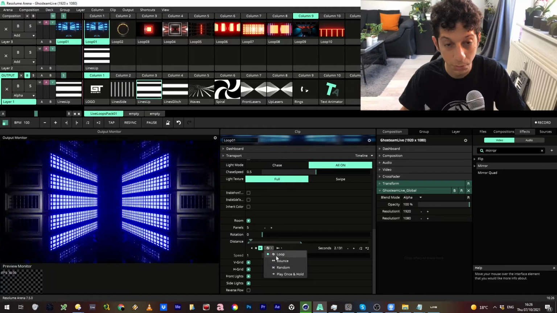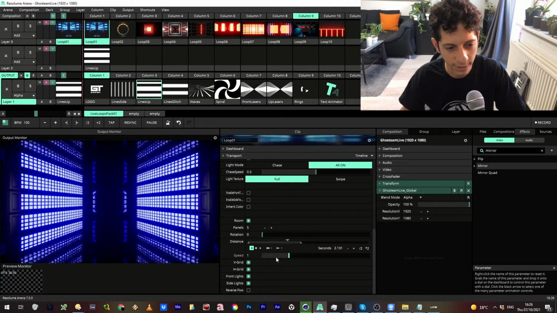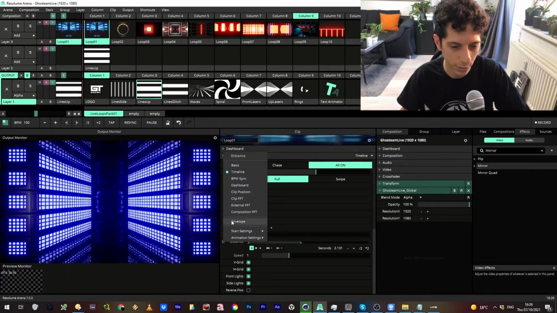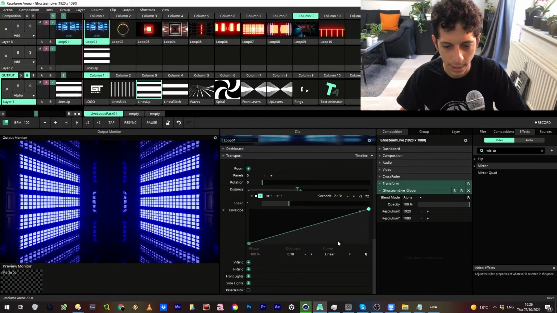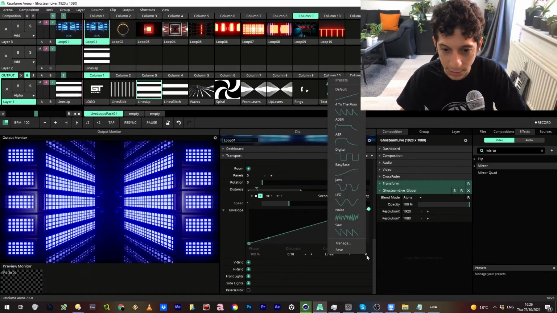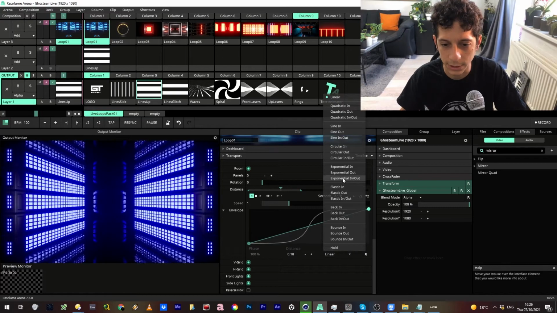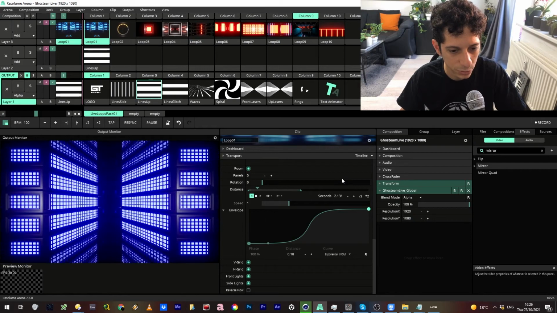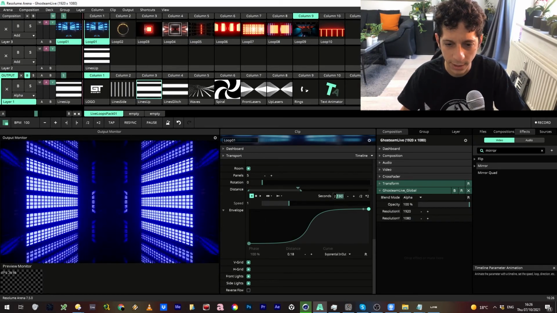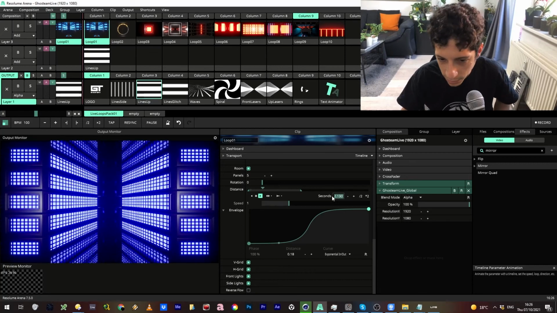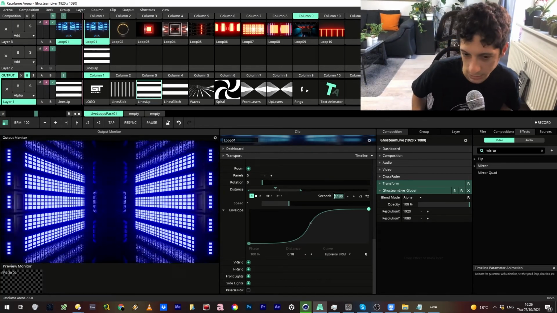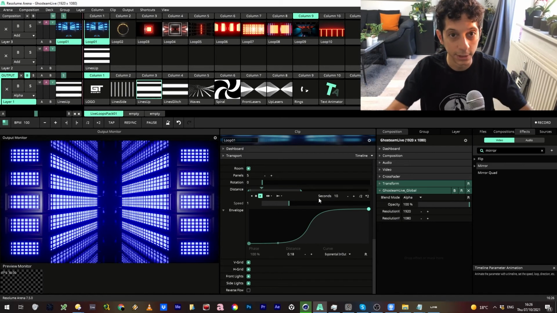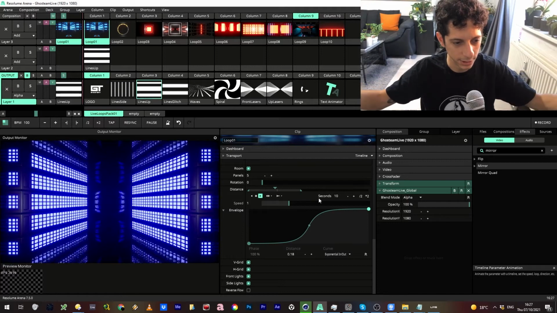We can change it from loop to bounce, so it goes back and forth. And if it seems a bit robotic, we can do like before, we can add an envelope. And instead of linear, we can choose a pattern. So we can try this exponential in-out, for example. And then you see the animation is much smoother. And over here, you can define, instead of this weird amount of seconds that we have right now, let's put 10. And then we're going to get this really smooth animation over time